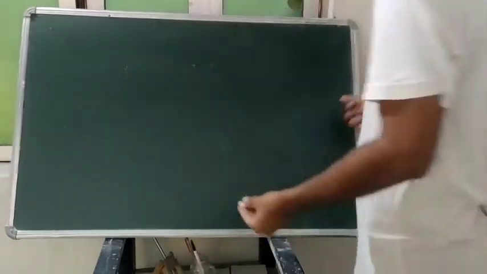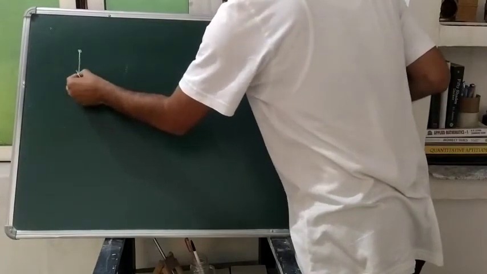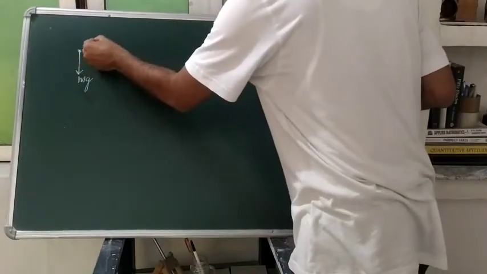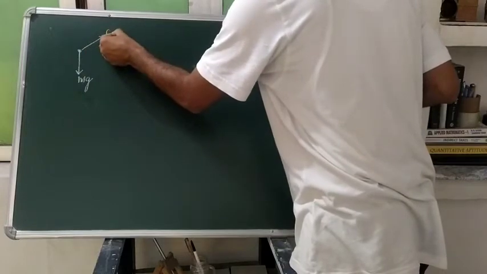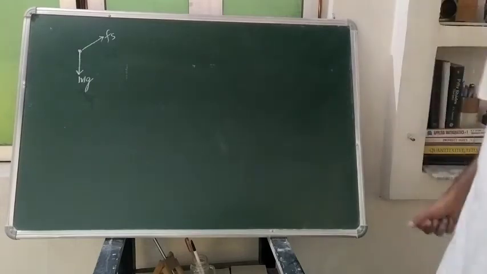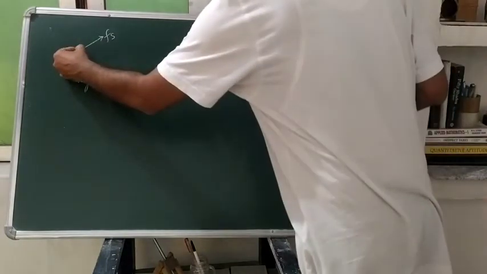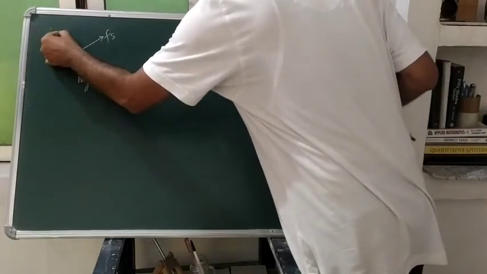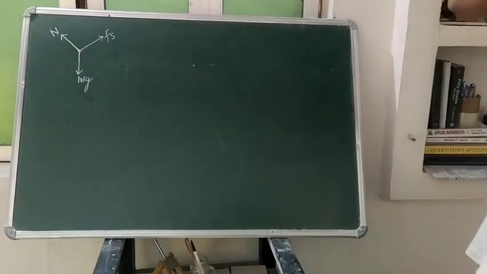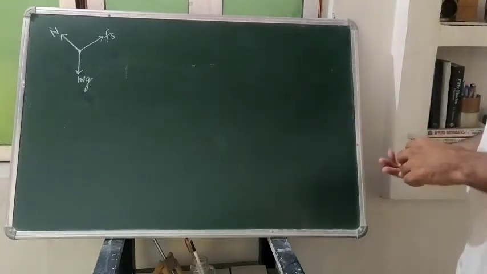So we have come to know the various forces acting on that block. It was the force due to gravity, mass times acceleration due to gravity. It was the force of friction. Static friction is going to act, since the block is at rest and not accelerating. And we have seen that a normal force, or reaction you can say, was acting perpendicular to the contact surface, which is the inclined surface.